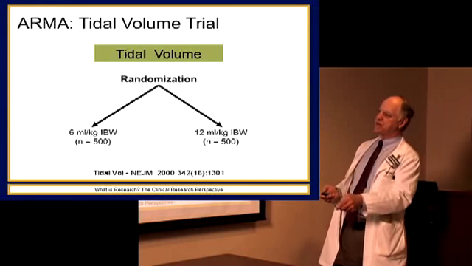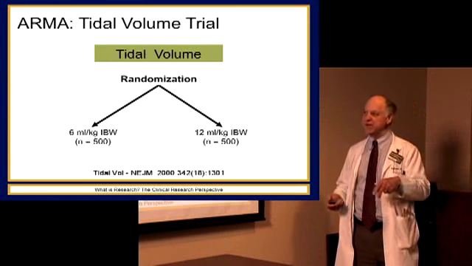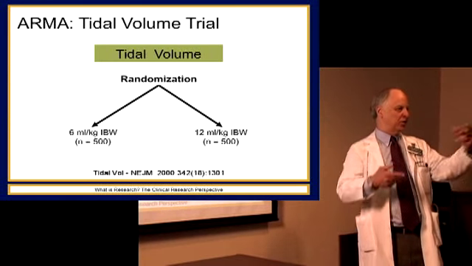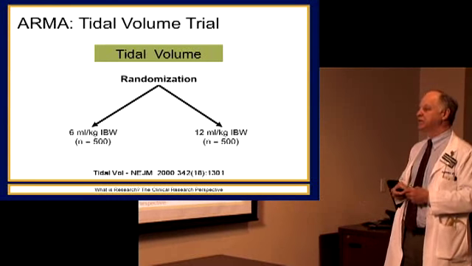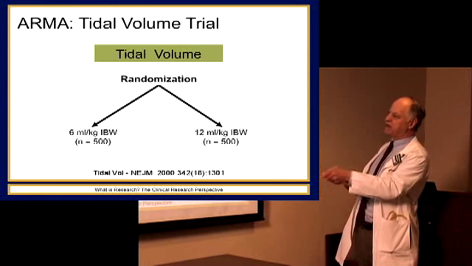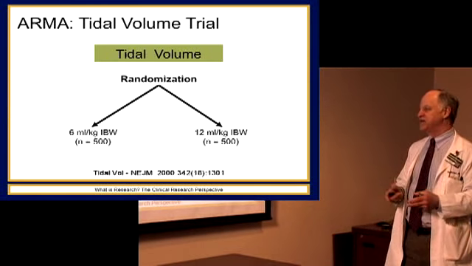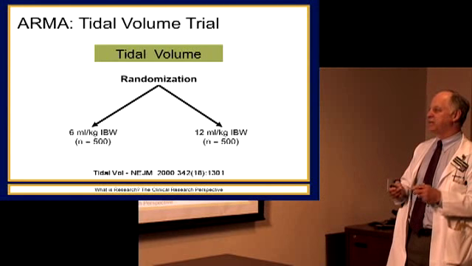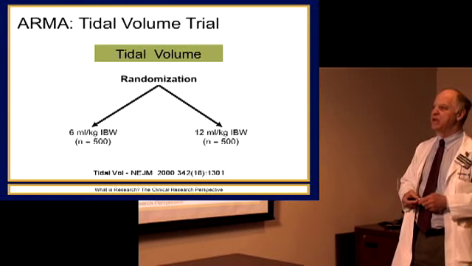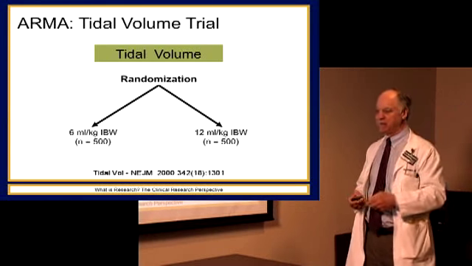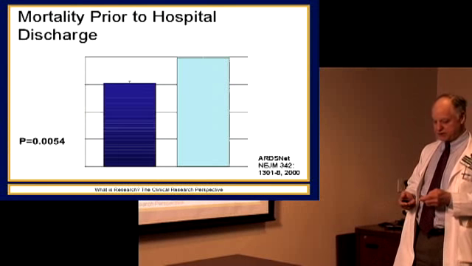We randomized patients to 6 milliliters per kilogram tidal volume. This is the size of each breath that the ventilator delivers. 6 milliliters per kilogram ideal body weight is what you and I are breathing right now, about 400 milliliters per breath. But for some reason in medical practice, 12 milliliters per kilogram was the standard. I have some thoughts about why that is, but I won't go into it for lack of time. That is what everyone was using when they supported anybody on a ventilator. We surmised that that was too big and might be causing injury by overexpanding the lung, so we randomized patients to those two treatments.